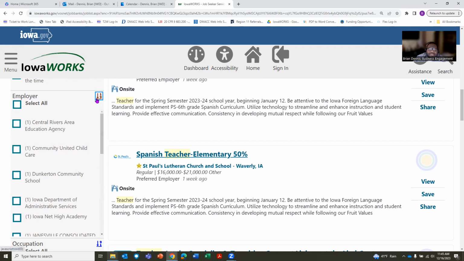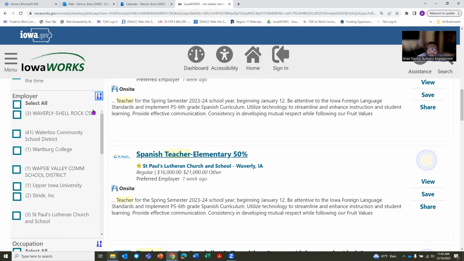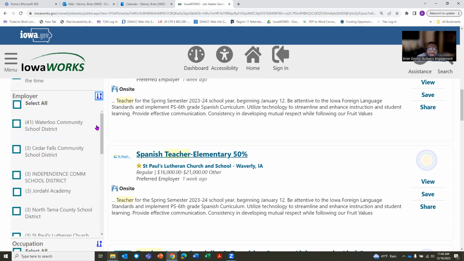You have 2 more options. You can sort alphabetically from A to Z or Z to A. I'm going to return to the default, which is from the most opportunities per employer down to the fewest, and we see the Waterloo Community School District. By clicking the box next to Waterloo,